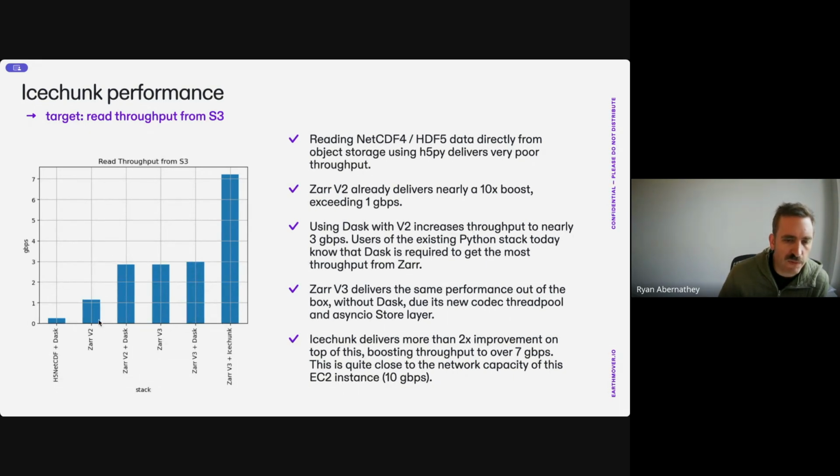Now, as folks are already familiar, bringing in Zarr version 2 with Dask can speed that up a lot, delivering a 10x boost. This is why people already like Zarr. Just skipping to the chase, bringing Icechunk in now on top of this, and also using Zarr 3, the latest